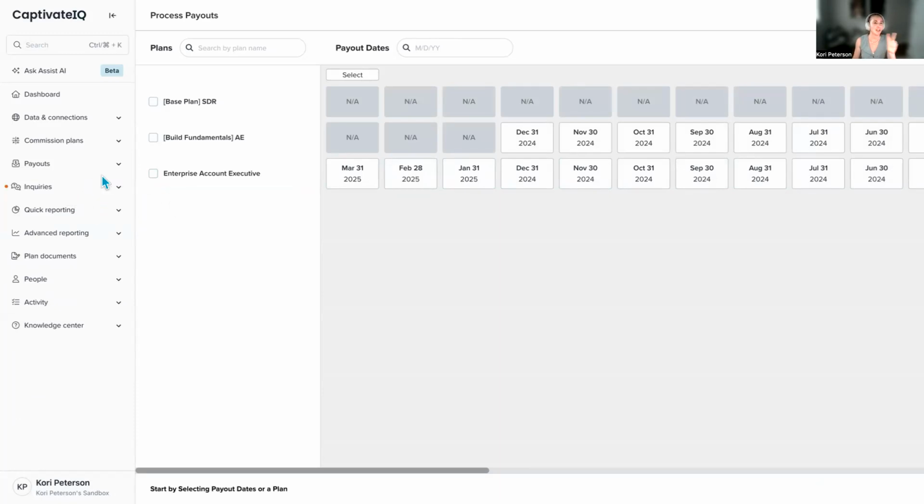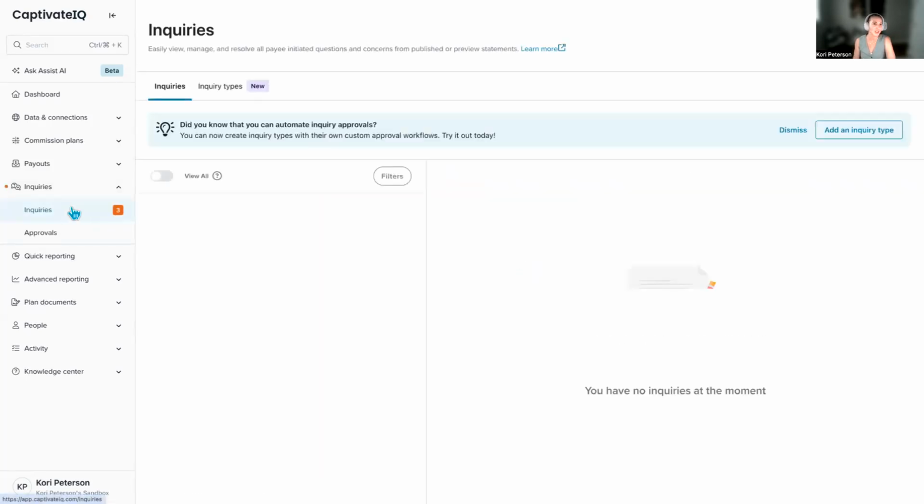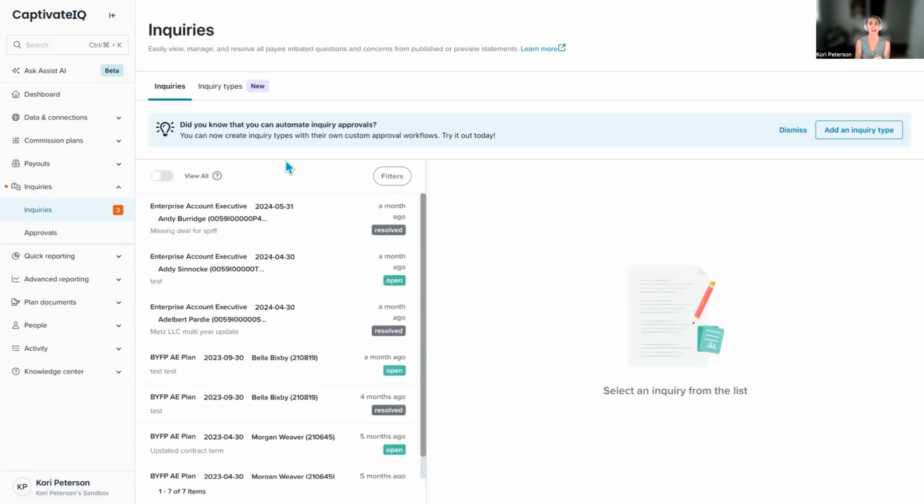Okay, so that is, again, the first two, available now. It's really great. But I do want to make sure that we talk about inquiries as well, because this is one of our newer features. It was recently pushed to GA, and I want to talk about this on pretty much every client call that I'm on: the ability to set up review and approval workflows for specific inquiry types. So just opening it up to the group, what are some of the most common inquiry type questions that you receive from your reps?